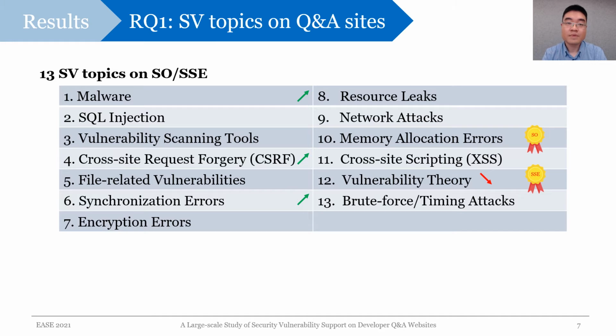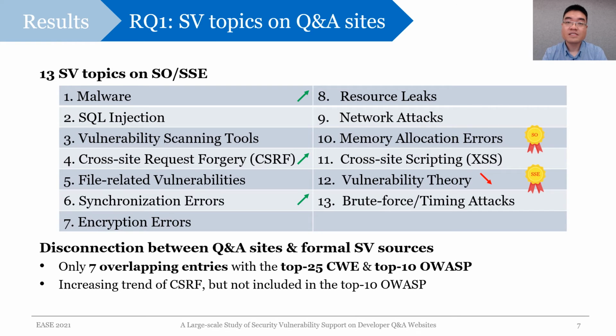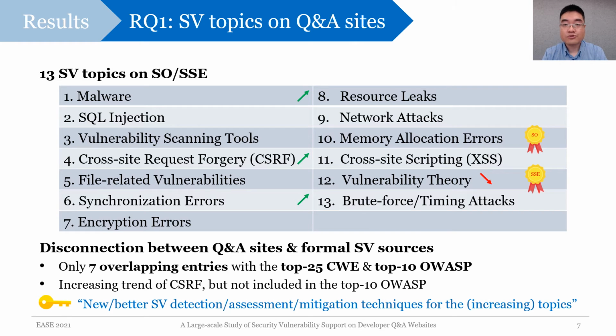both of the sides. Interestingly, we also observed several mismatches between question and answer sites and formal security sources in terms of the top frequent vulnerability types like the CSRF. One potential reason we found for such discrepancies is that developers are struggling quite a lot with understanding and implementing the well-known mitigation strategies for these types of vulnerabilities. These findings ask for better tools not only for the top vulnerabilities on formal security sources, but also for the ones discussed on Q&A sites that developers are having increasing difficulty with in practice.